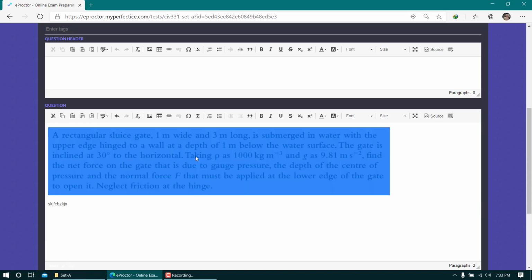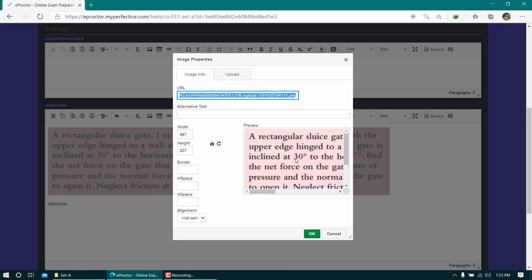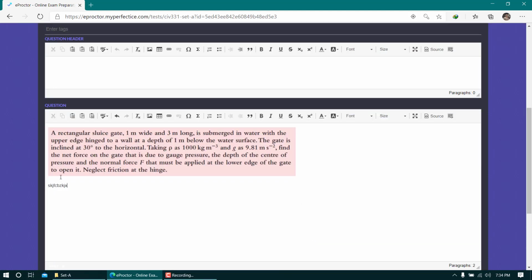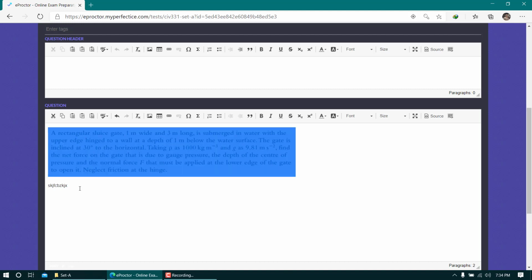So what I'm going to do is double click on this image. This box will again appear, and I'll make sure the aspect ratio is locked. This is the symbol of locked aspect ratio. If I click one more time, now you can see it's an open lock. So I have to ensure that the aspect ratio is fixed, and I'm going to reduce the height from 207 to 150, and you can see by default the width is also going to change because the aspect ratio was fixed. So click OK, and still it is large but it is manageable.